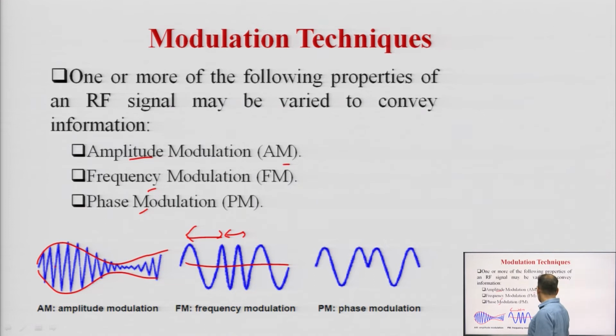Then the third one is phase modulation. As I told you in the previous lecture, phase modulation is used in the synchronous modems, which is about the information of phase change. You can see here the phase information is going to be changed as per the instantaneous changes in the message signal. So, amplitude and frequency in that case are kept constant. So, this is the basic analog modulation technique.